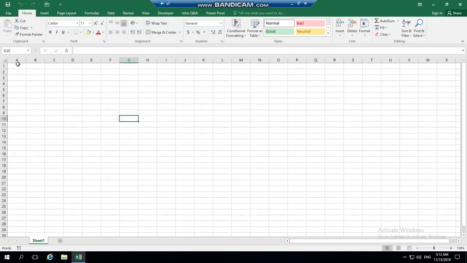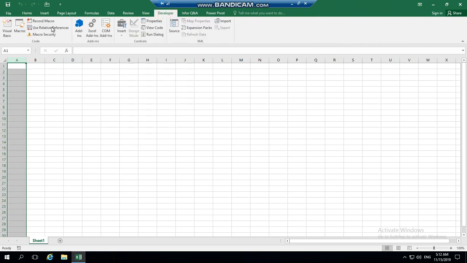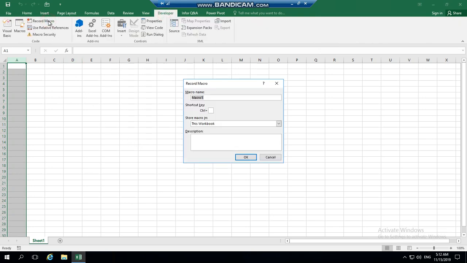In this video, we're going to try and record a macro and save it as a macro file. So we need to go to the developer tab first and select record macro, and then we can name the macro as format, since this macro is going to be on how to record a format that can be used in the other sheets or other workbooks. And for the shortcut key, I'm going to put it as Control Shift and F, and every time